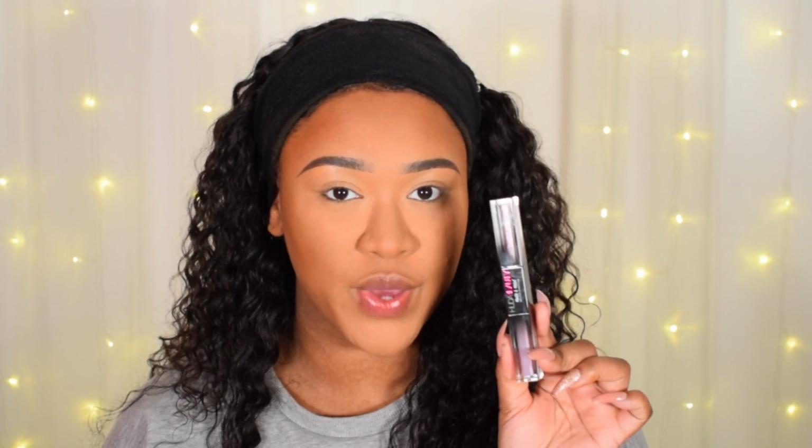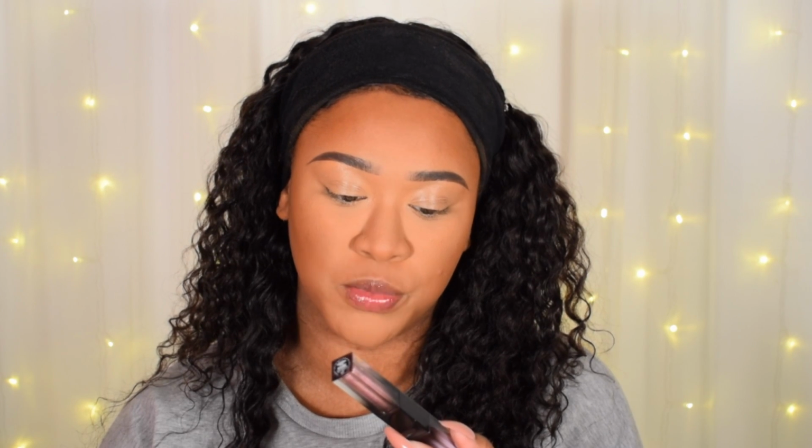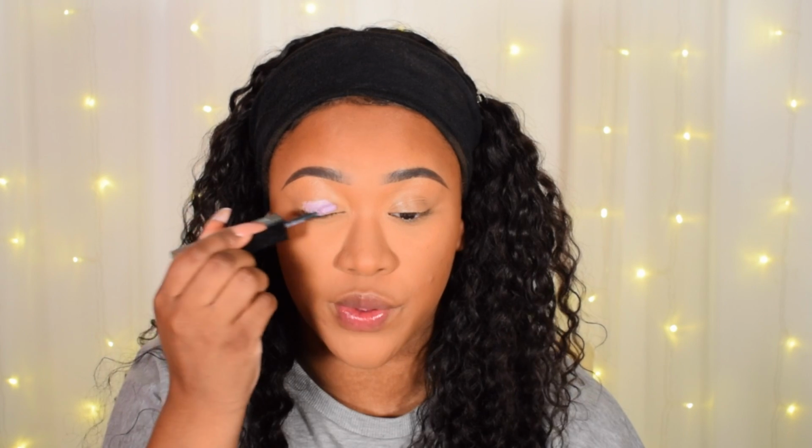So what I think I'm gonna do as a base is take one of the new Huda Beauty melted shadow shades, and this is the shade French Lace. It's kind of like a lilac purple. I thought this would make a good base for the pastel shadows we're gonna go in with, because it is